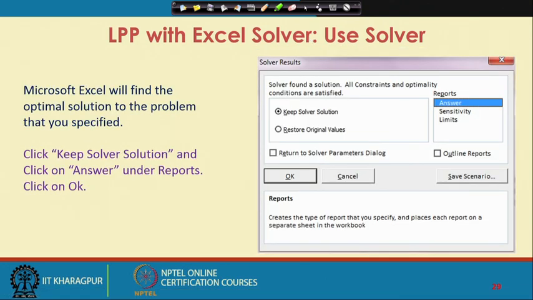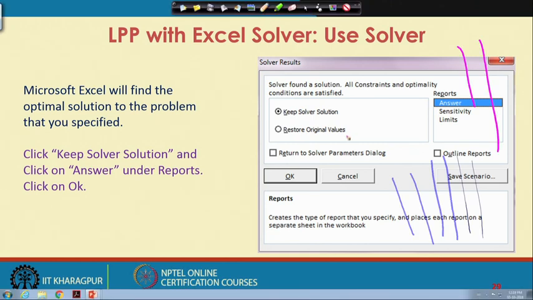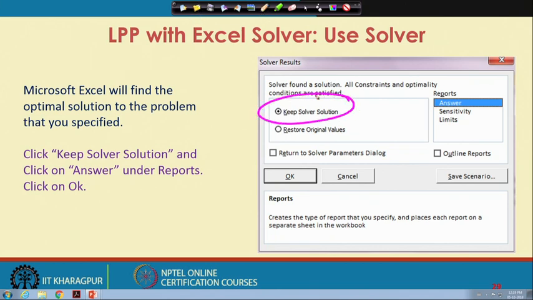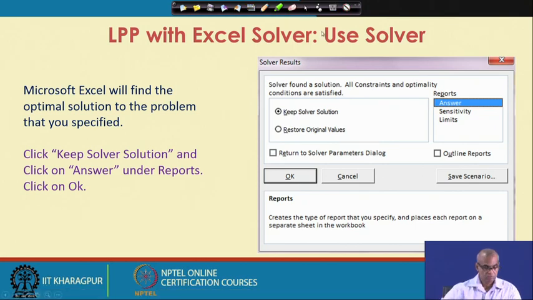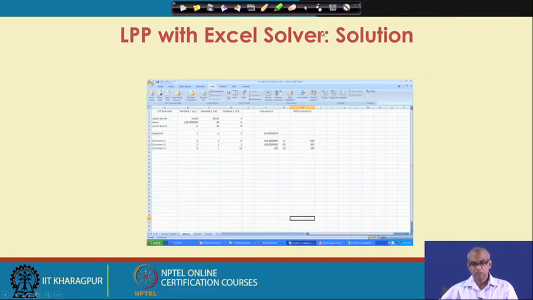So, when you click solve, Microsoft Excel will find the optimal solution to the problem that you specified. Click on keep solver solution and click on answer under reports, then click on OK. So, then this is the solution you will get.